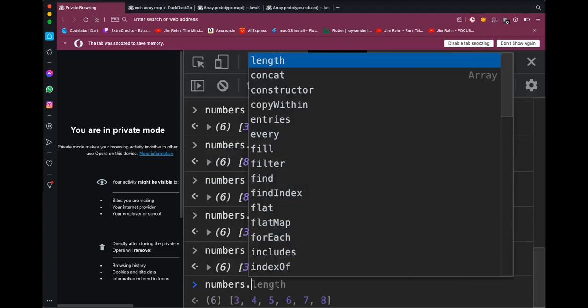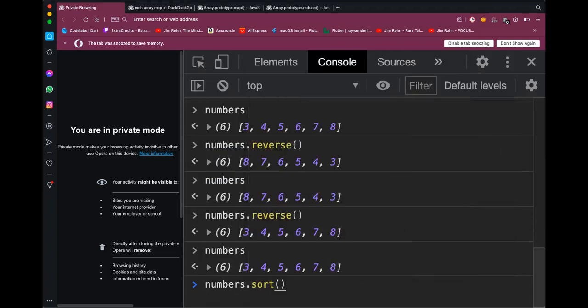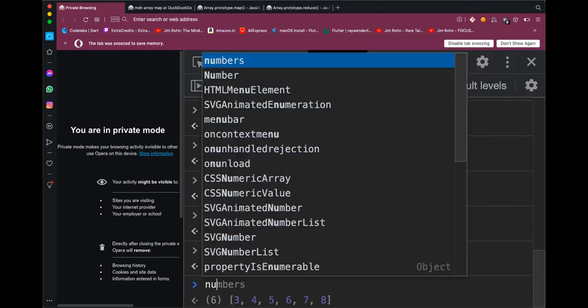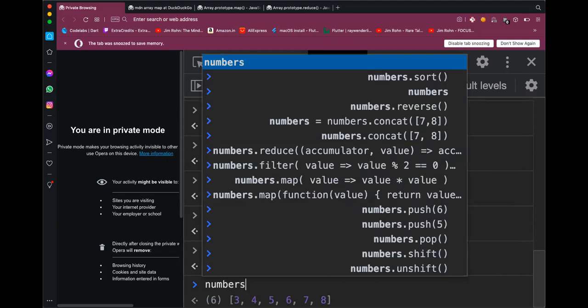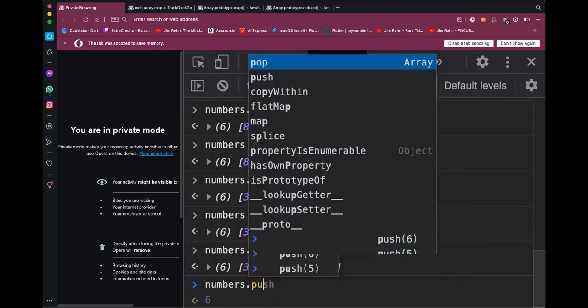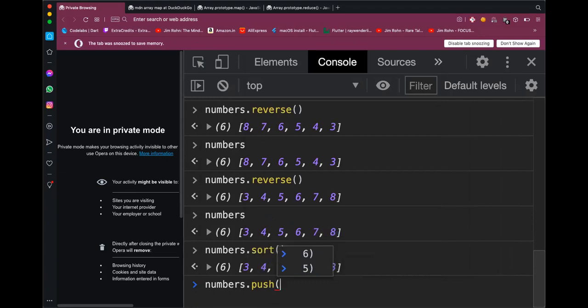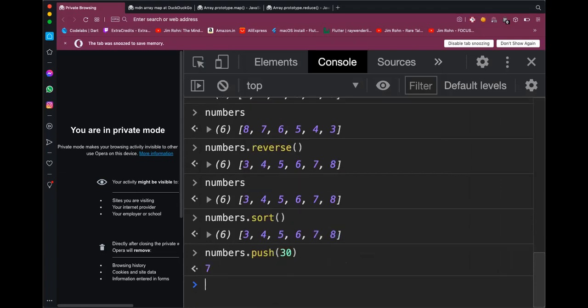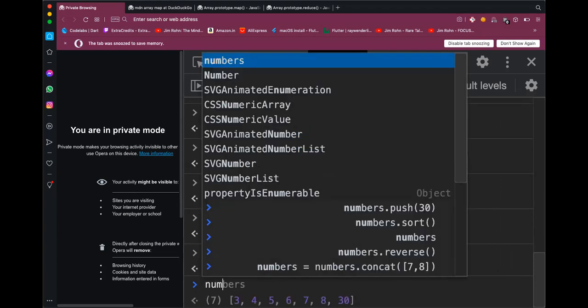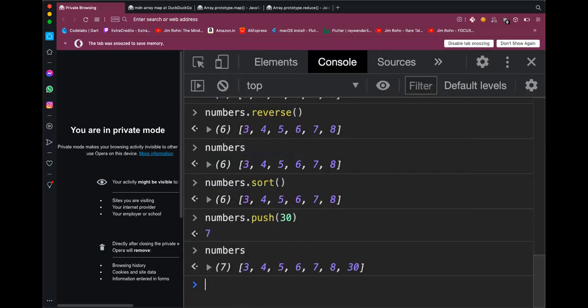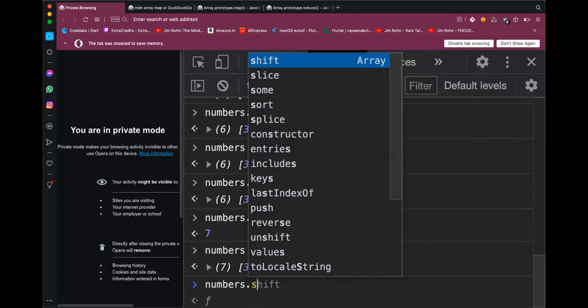Another function is sort. Now there are all kinds of problems with sort. Let me demonstrate some of those problems. If I do push 30 and I display numbers, it's showing 3, 4, 5, 6, 7, 8, 30. But if I sort it, what would you expect?